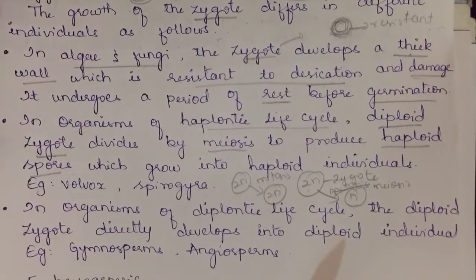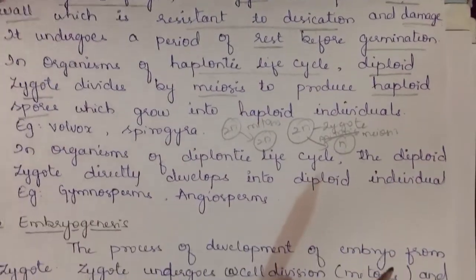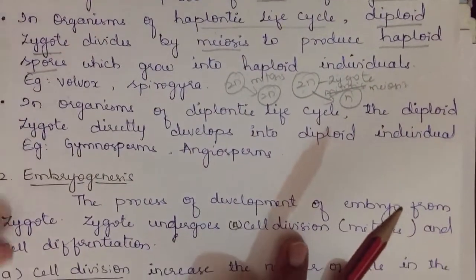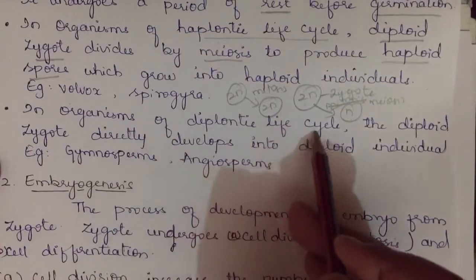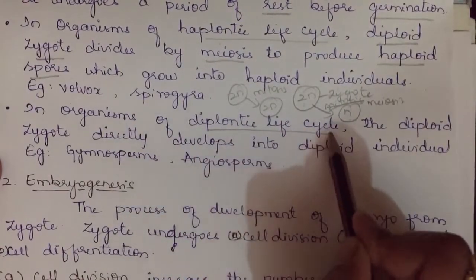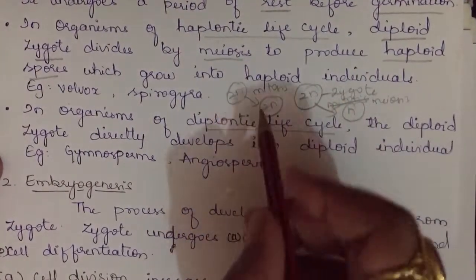This is about haplontic life cycle organisms. Next, in organisms of diplontic life cycle, if the organism is of diploid life cycle, then the zygote will be